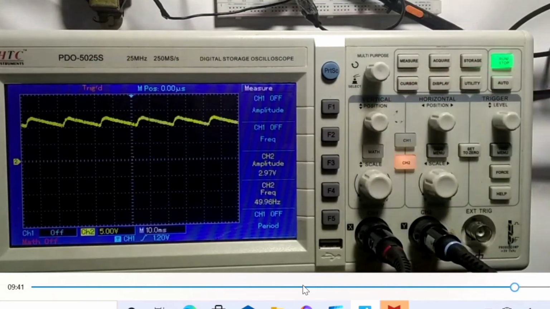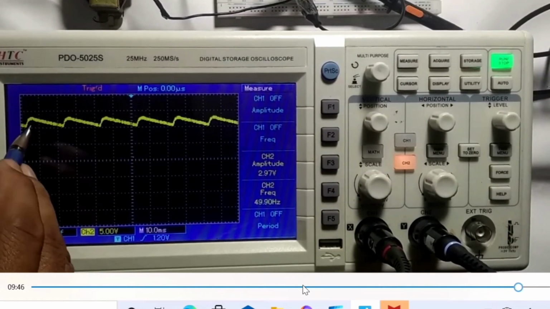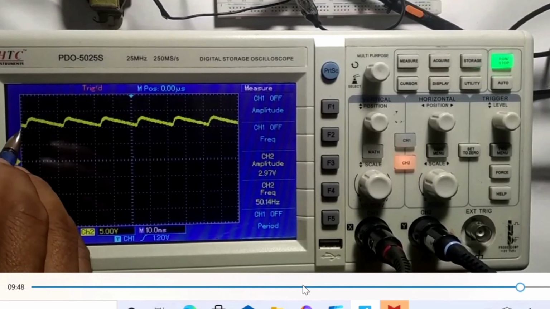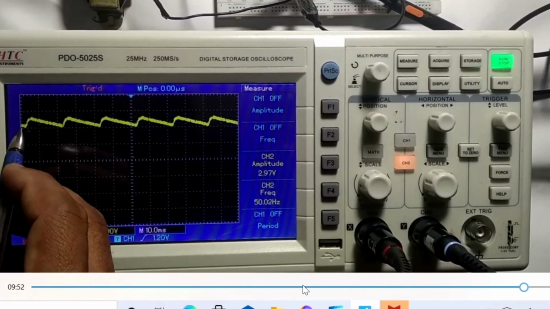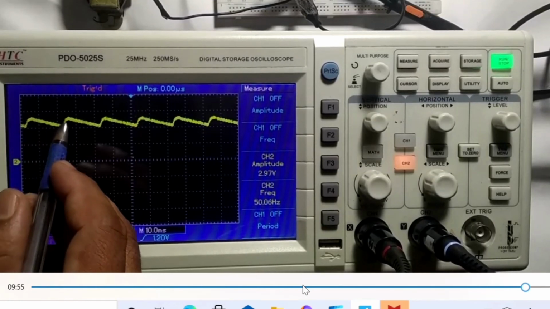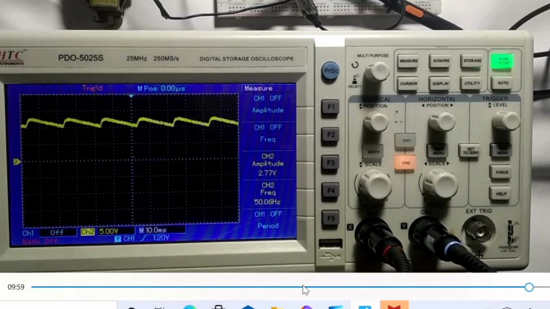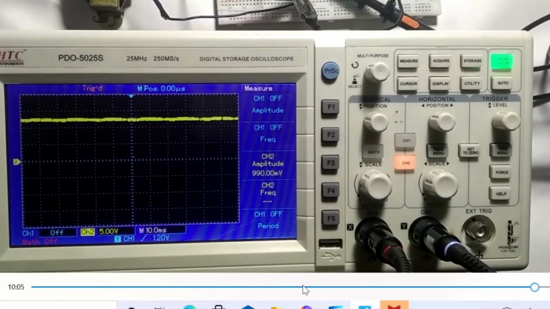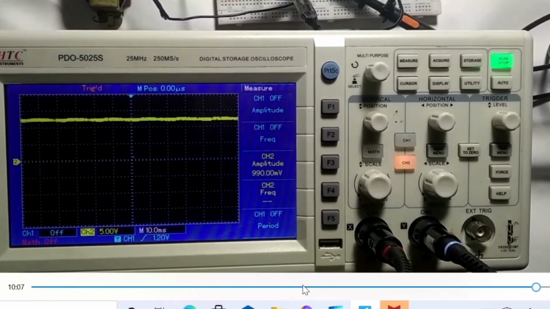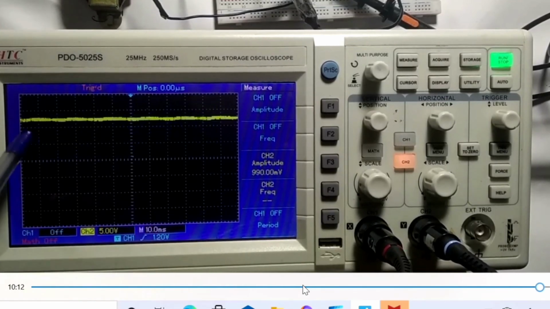Now we can change the amplitude. You feel the difference. VDC shifts upwards and it seems like a DC, not a perfect horizontal line, but due to some ripples we have a sawtooth like wave, not exactly DC. So now we are going to change the capacitor to a higher capacity, 1000 microfarad. Now we can see pure DC. Thank you students. Hope you can understand the concept.